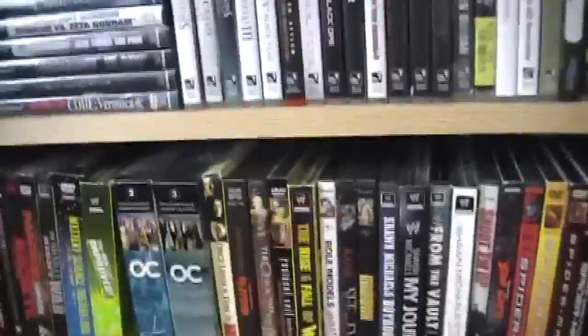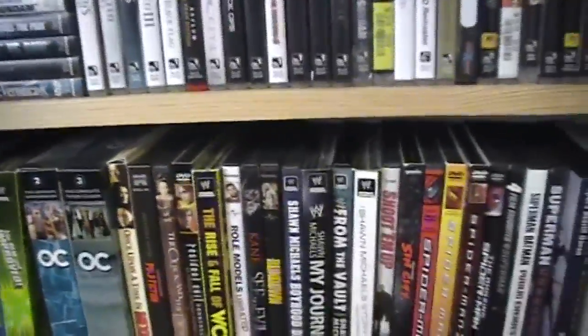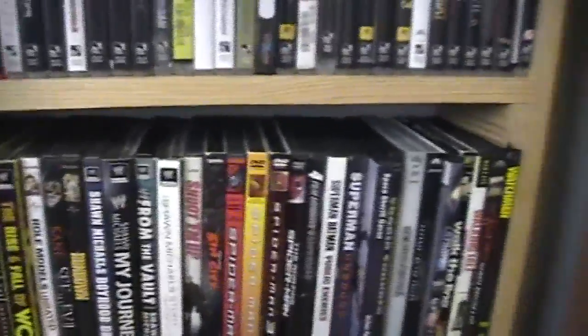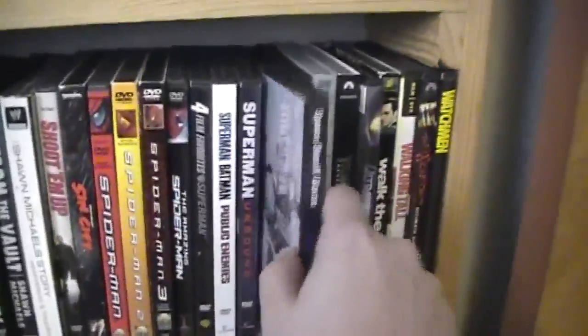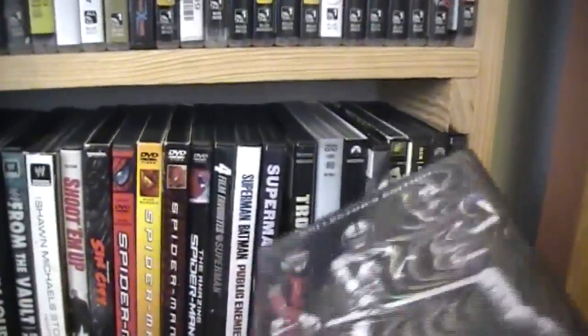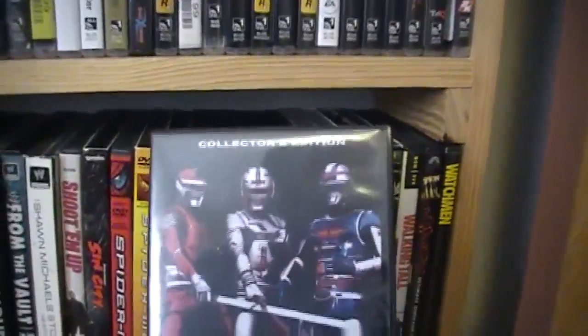Here we got my DVD collection. I've got box sets, movies up the wazoo that I like to watch or keep in the background while I'm editing, so I don't eat up my bandwidth. So, got some Toku. Let's see. This one, Space Sheriff Gavan collection. I don't think it has Sherivan or Scheider on it, but